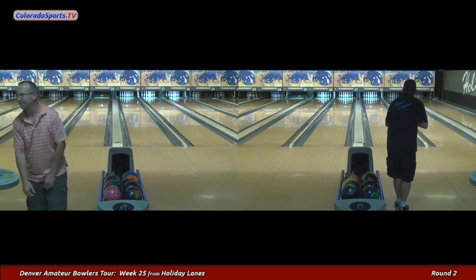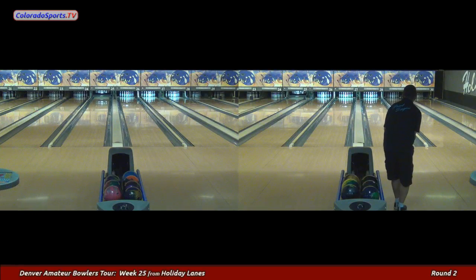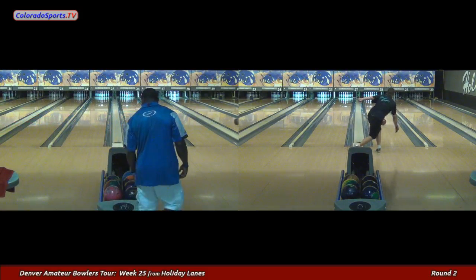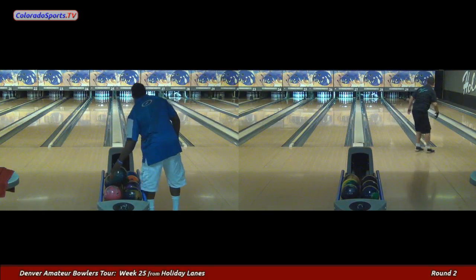That first double you said late. 246 for Scott. Scratch gives him a 254. He will be advancing on to our final 3 bowlers. You're going to see the 2 winners of these matches bowl each other for the right to...